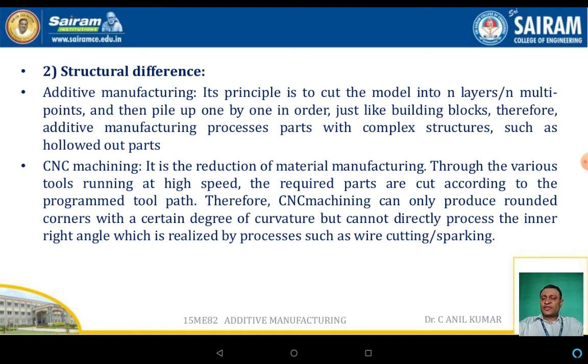Now, the structural difference. The additive manufacturing principle is to cut the model into layers, or multiple points, and then pile them up one by one in order, just like building blocks. Therefore, the additive manufacturing process can also fabricate parts with complex structures, such as hollow parts, very easily. But in the case of the CNC machine, it is the reduction of material in manufacturing through